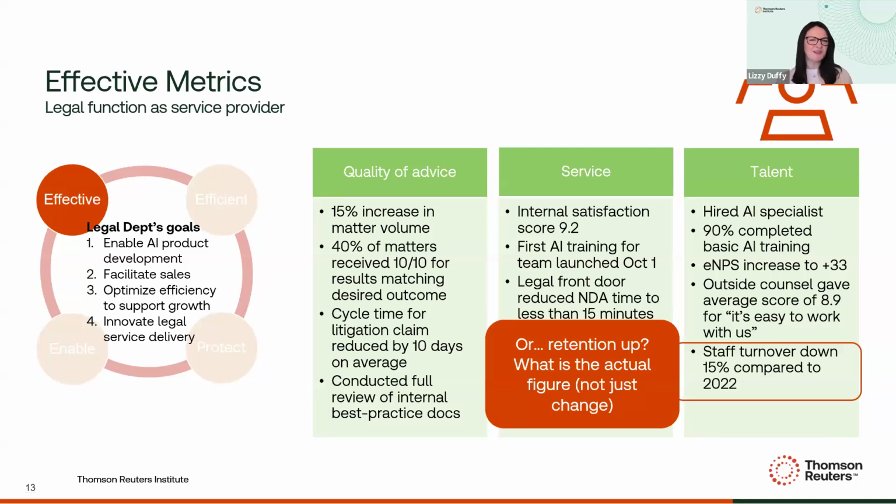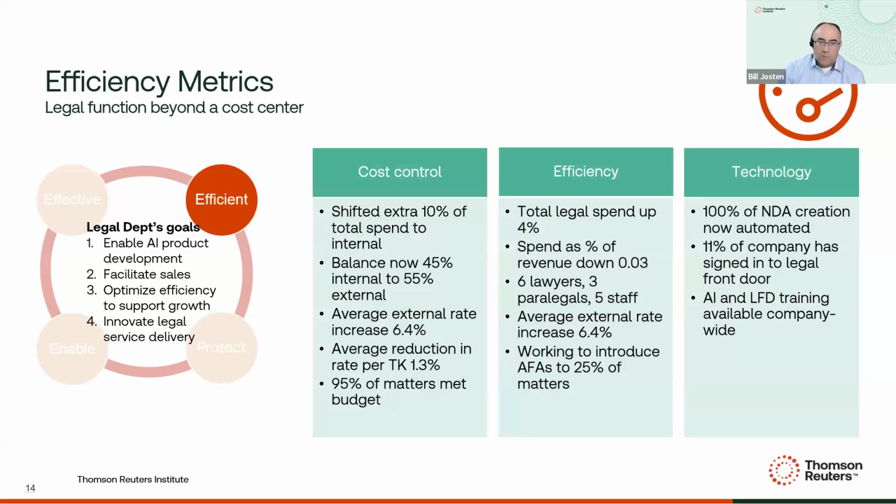And then the last one, I love this one. The data point is that staff turnover has gone down 15% compared with historical data. So the loss of staff has reduced. Now that's two negative pieces in the same statement. Let's flip that to the positive. It still is a true fact, but we can say that it's retention that has increased by 15%. And that's just a different way of looking at it. So sometimes in the lawyer camp, we're a bit more negative or risk averse, but this is a positive news story. Lizzy, if I could really quickly before we move off that please.